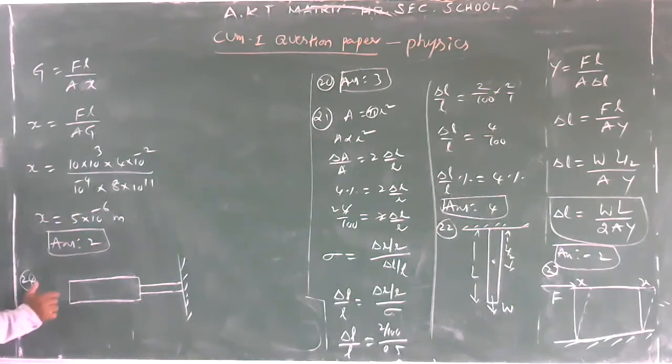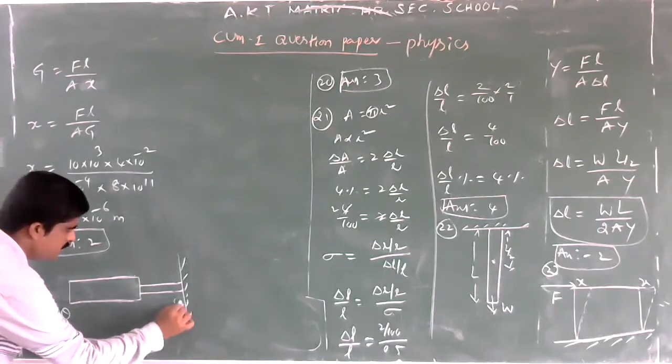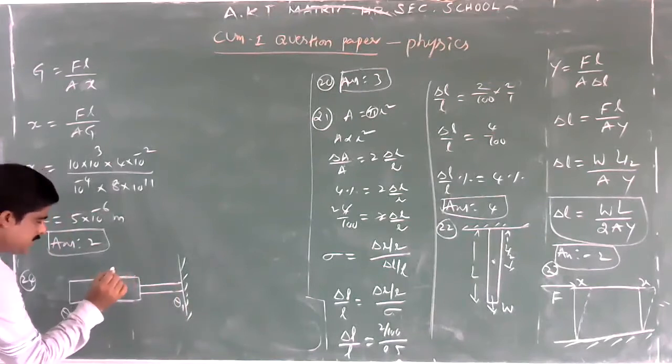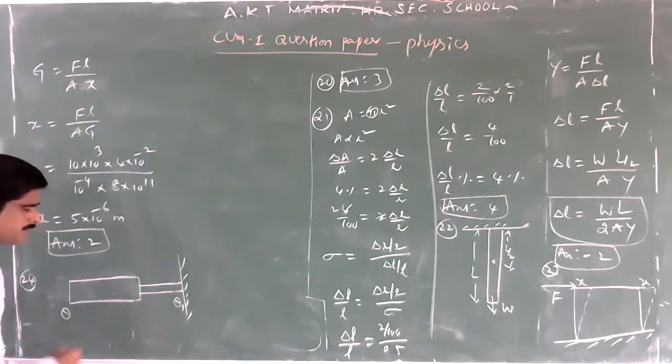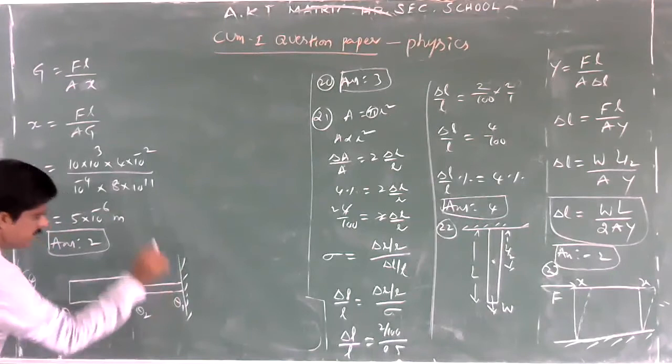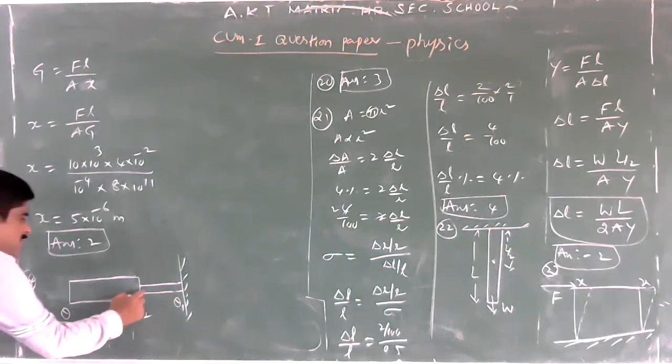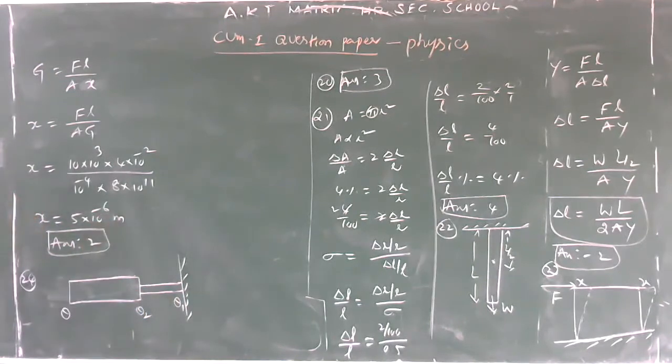So how much twist is given here? Theta degree. Next, how much twist is produced at the fixed end of the small rod, theta 1, and how much twist is produced at the point of contact, that is theta 2. Okay, next. The twist angle of the joint will be, so this is the joint. At the joint, how much twist will be produced? So we want to find theta 2.